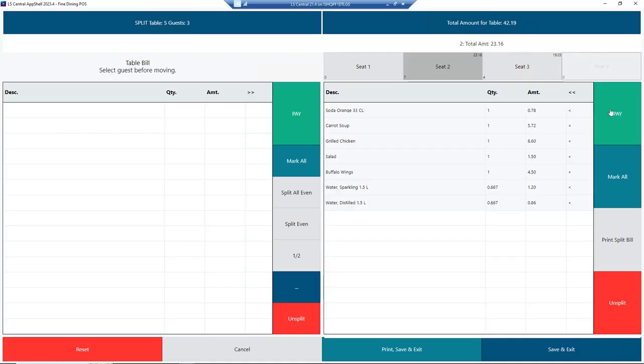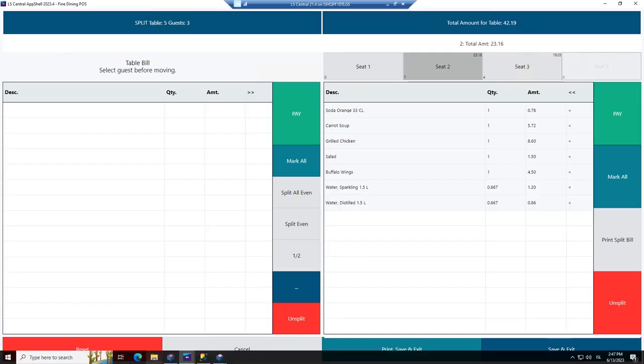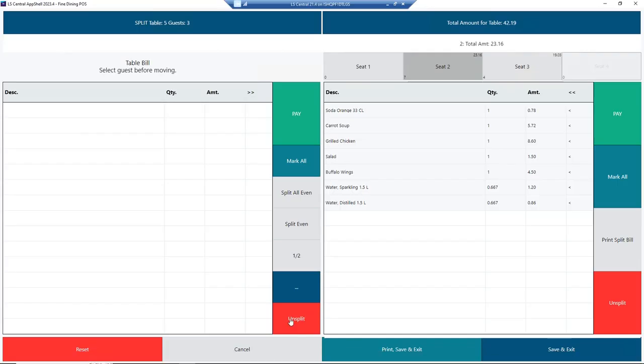One more thing, you can always save and exit if you like and come back to it. You can also cancel or reset if you want to skip what you've been doing if you did something wrong. It's always possible to go back. This is how Split Bill is easy to use. And I can tell you, when I was demoing the hospitality solution a lot, I really liked to show the Split Bill because people understand it when you show it like this.